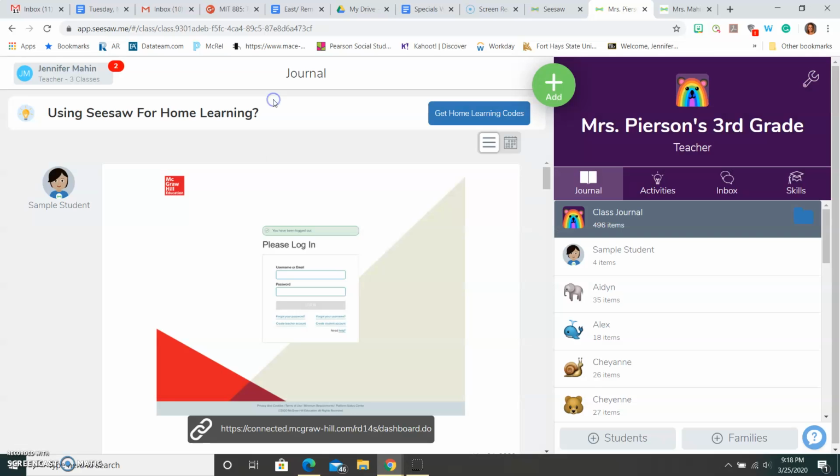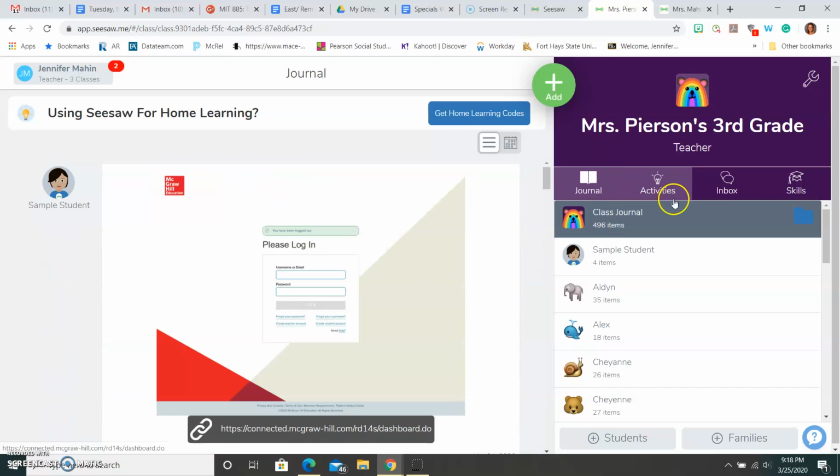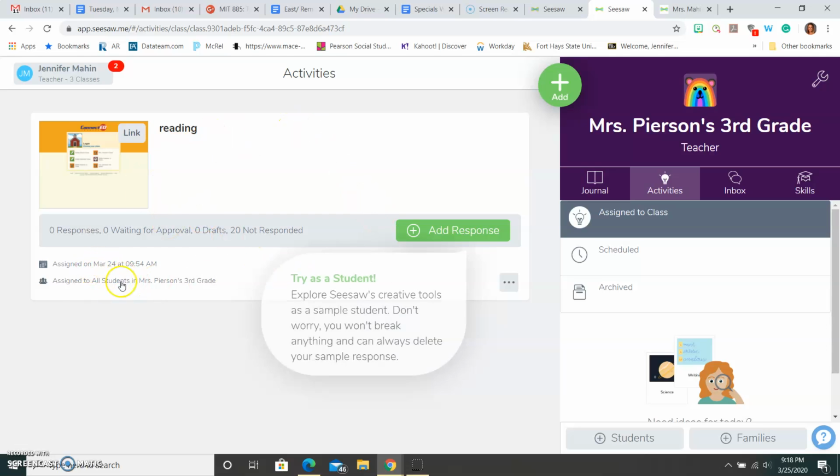So once you have that done, you can see here, journal is basically where students are submitting their work. So here is everything that's on the journal for Mrs. Pearson's class. And it's showing your sample student here. Activities are what you post. So if you see there's one activity assigned, it was assigned this morning. It was assigned to all students